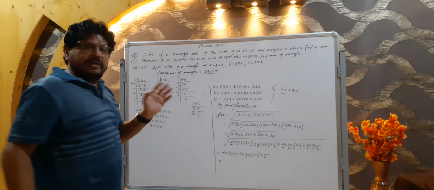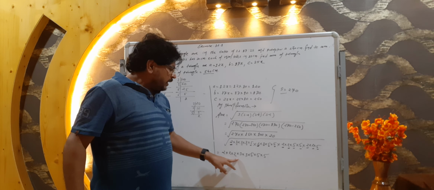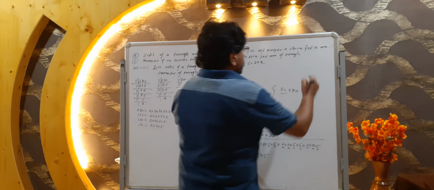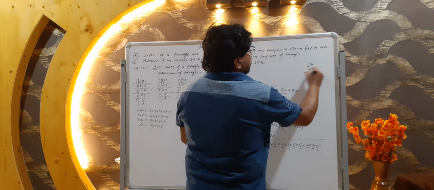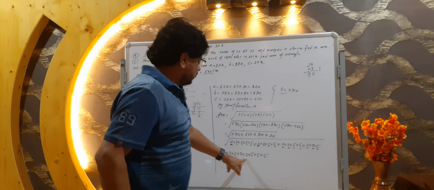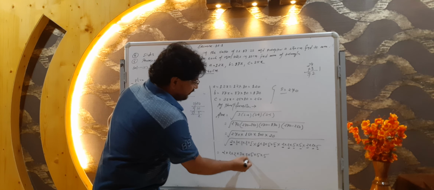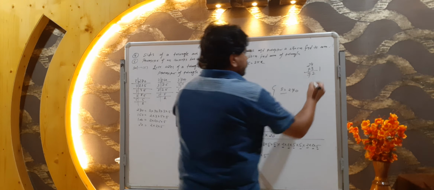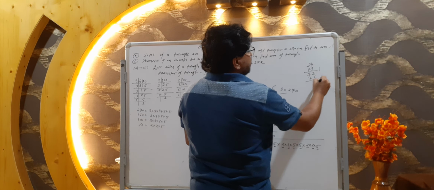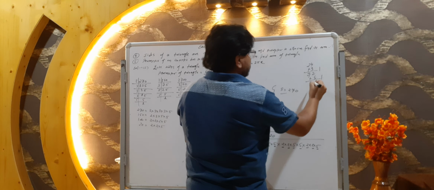Okay? Clear this thing? Now 2 2s are 4, 4 2s are 8, 8 3s are 24. Okay? Now if you don't know the table, then 24 3s are 72. 2 2s are 4, 4 2s are 8, 8 3s are 24, 24 3s are 72. Now 72 times 5.